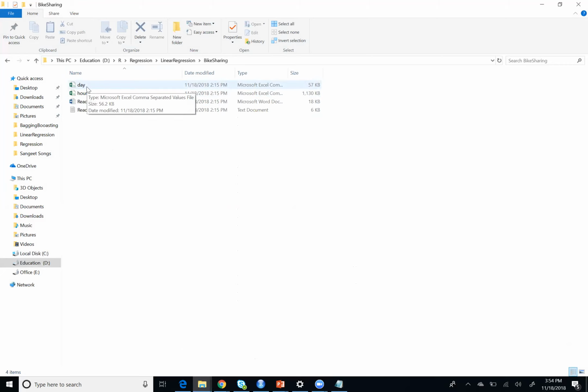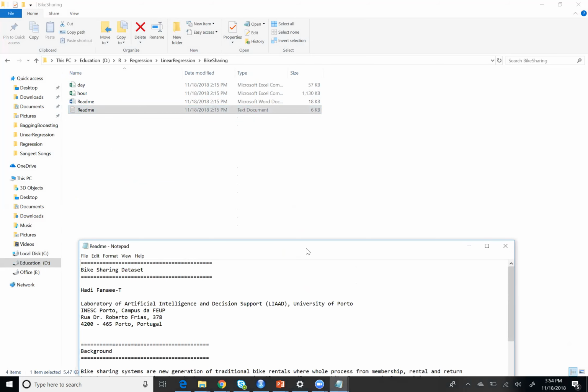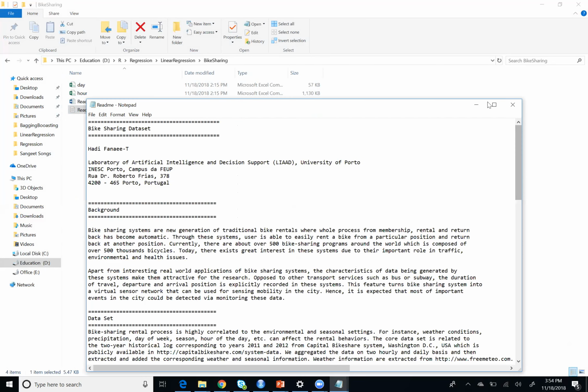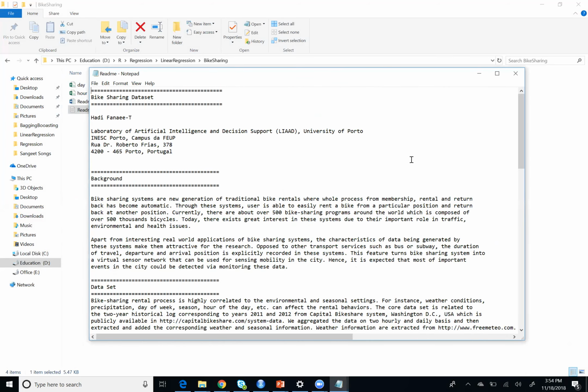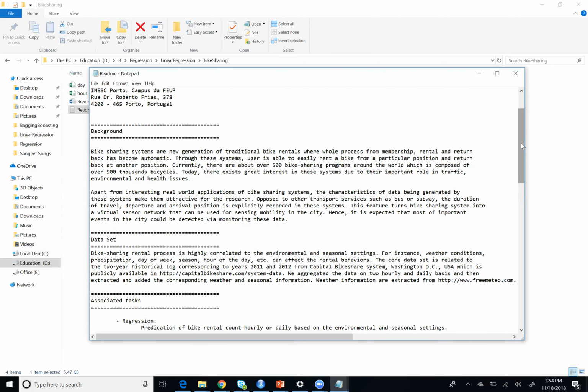So let me open the biking data. Let's open the README. This data was part of a paper, produced by the Artificial Intelligence and Decision Support Laboratory. This is the background of the data we are using. Bike sharing systems are a new generation of traditional bike rentals, where the whole process of membership, rental, and return is automated. You can read through this yourself, but the main crux of this data is